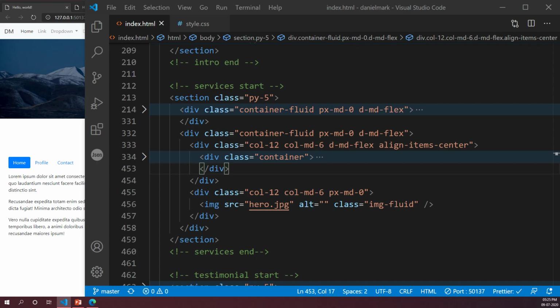Do one thing. Open your folder where you have the website. Not this. The folder where you have your website files, right? In File Explorer. Right click on the hero image and go to properties.